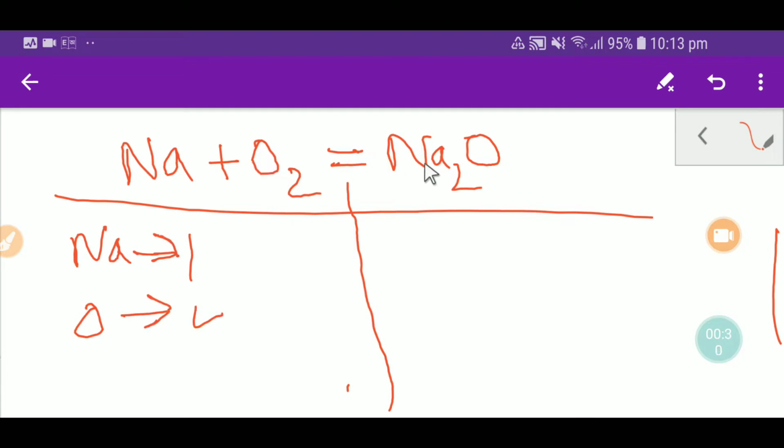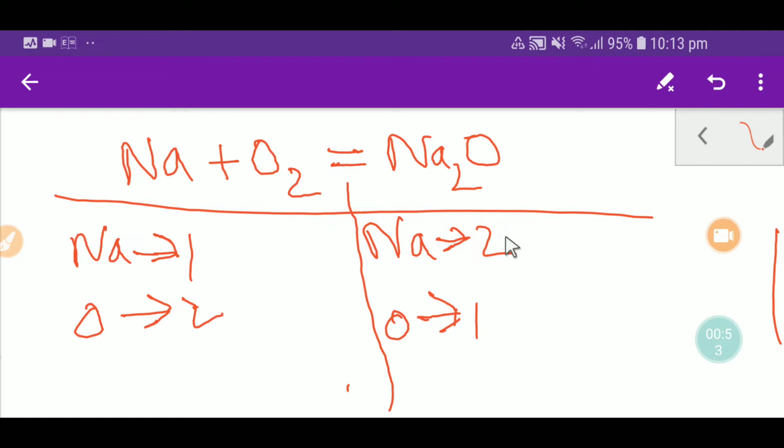And here we have 2 sodium, and here we have 1 oxygen, right? Okay, here our sodium is not balanced and our oxygen is not balanced, so let me balance this equation